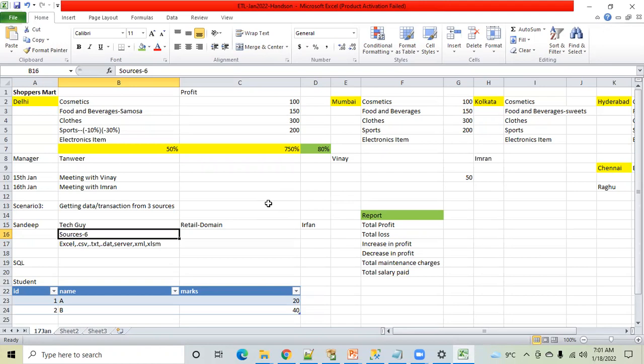You should know the data and the transactional data of your business. Then you should process it and try to get some useful information. Useful information can be anything: the profit, loss, increase in profit, decrease in profit, total asset, total revenue, liabilities, taxes, maintenance charges, and all those things. Suppose you have started a business and you are just calculating profit, so that is not enough.